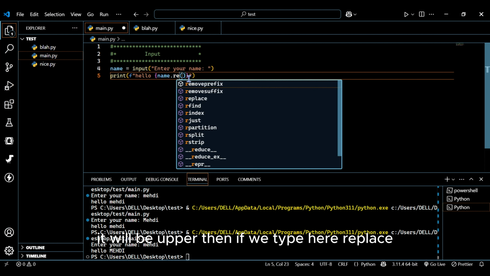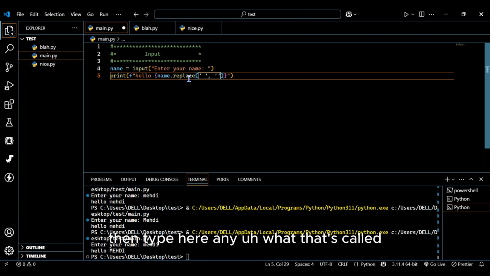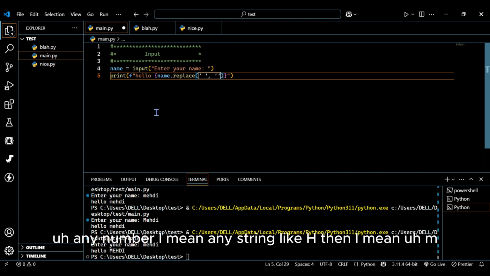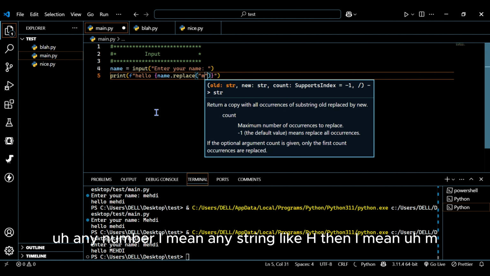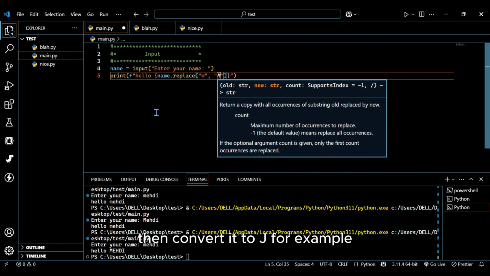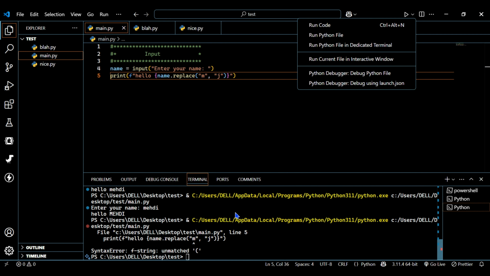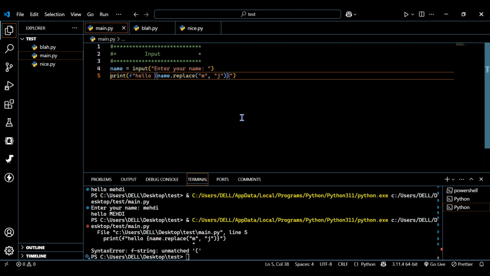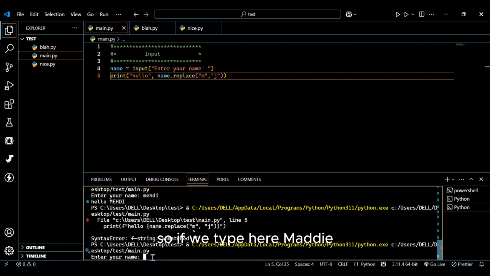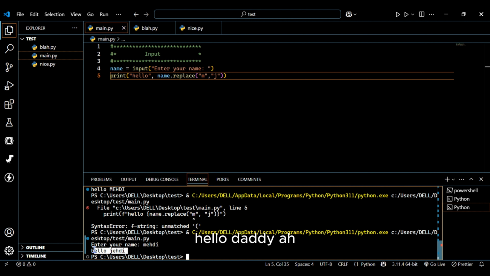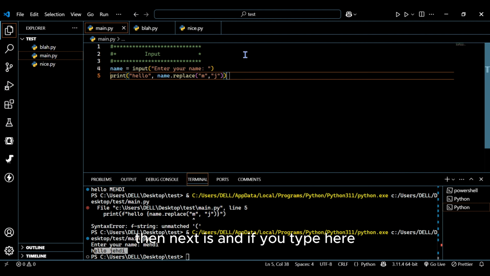Then if we type here replace, then type any string, like H, then M, then convert it to J. For example, if F strings don't contain the functions, so if we type here Mehdi, hello Jahdi, then next is, and if we type here,